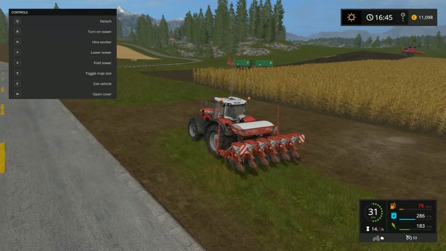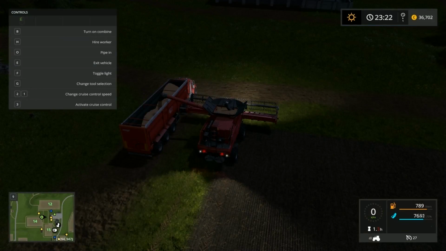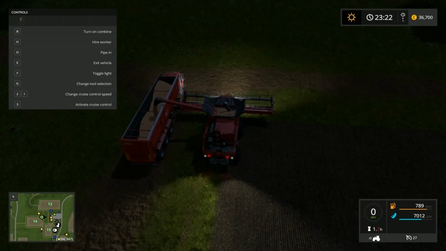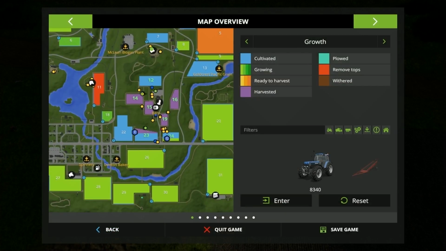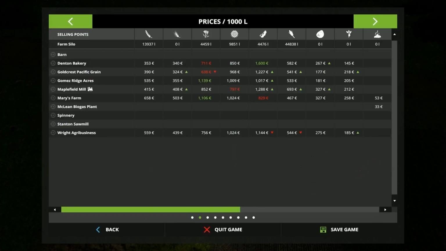Oh, you know what? All right, so we just got done harvesting all of the fields. So 1, 2, 3, 4, 5, 6. 1, 2, 3, 4, 5, 6, 7. Yeah. Okay, so we have 8 fields. Cool. I misspoke earlier. And now, since Denton Bakery is lit for beans,